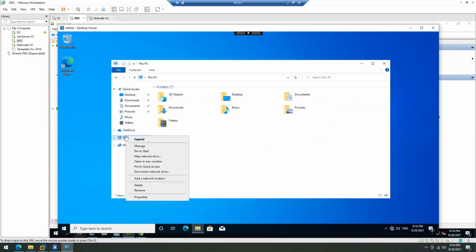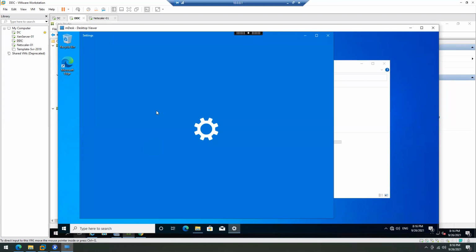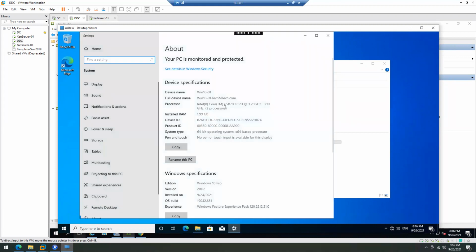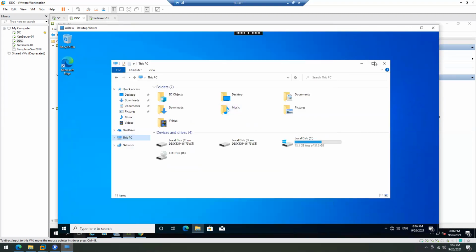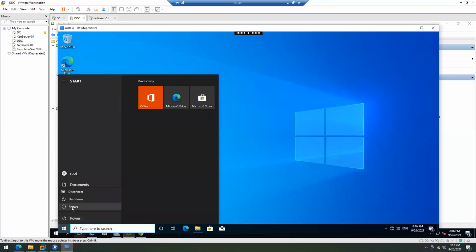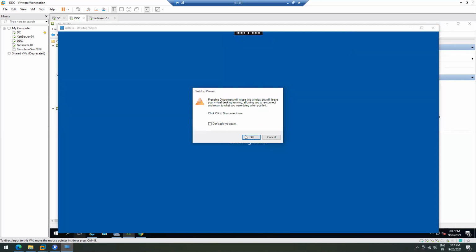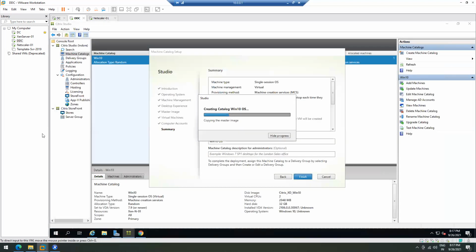As you can see in the properties, look at the host name, it's win10-01. Let me shut it down for now because we are running on limited hardware resources. Still copying the data.